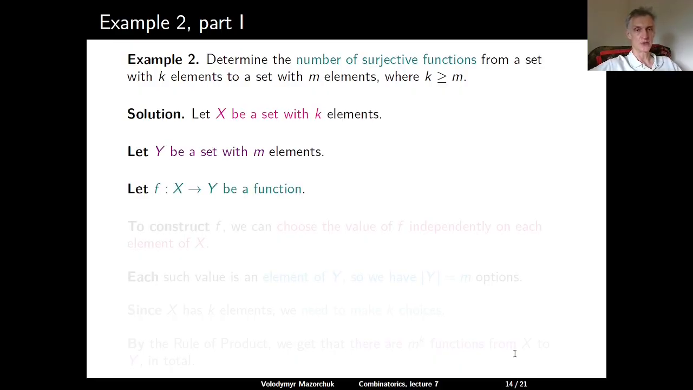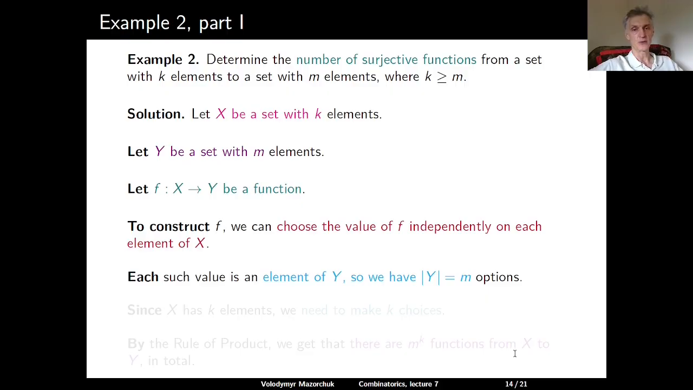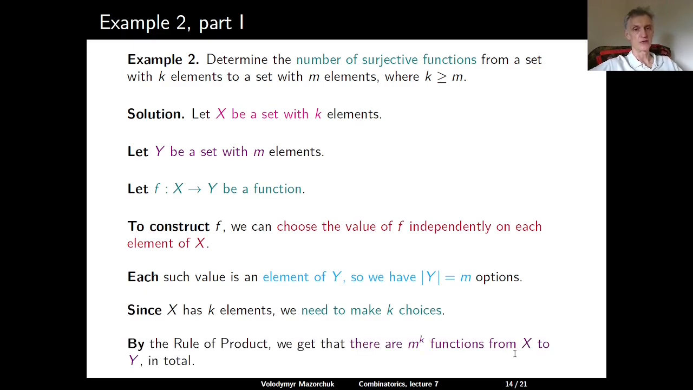Let f from x to y be a function. To construct f, we can choose the value of f independently on each element of x. Each such value is an element of y, so we have m options for each value, and x has k elements, so we need to make k choices. So by the rule of product, we get that there are exactly m to the power k functions from x